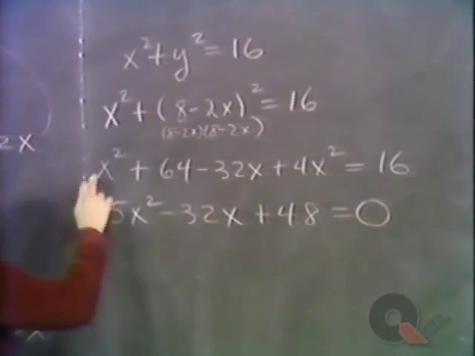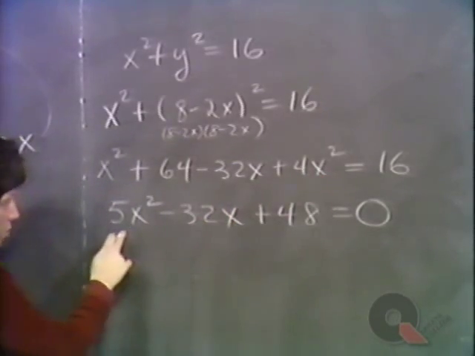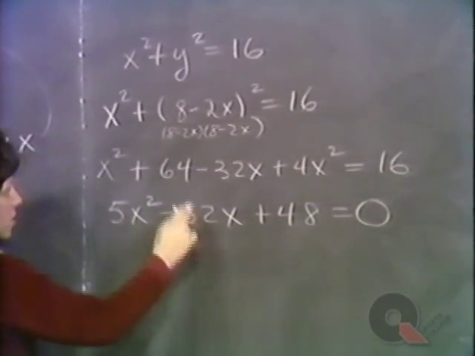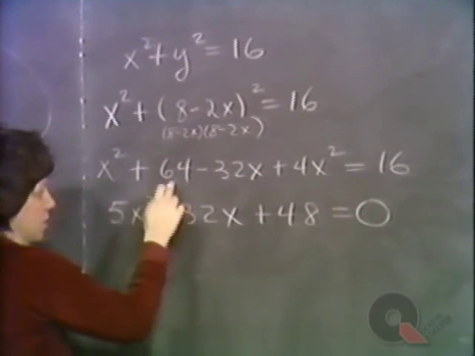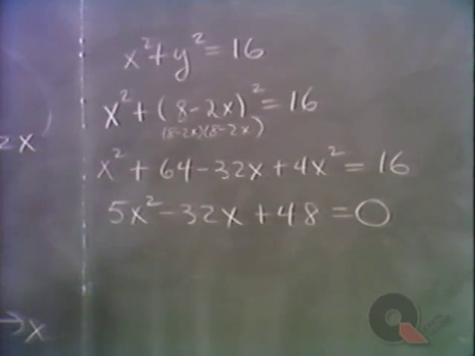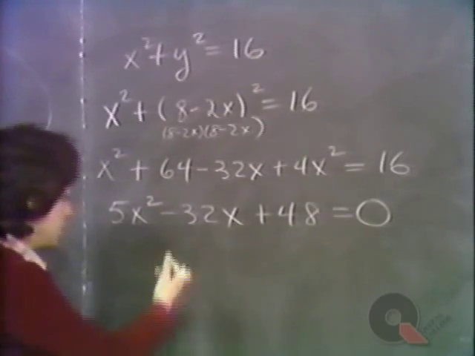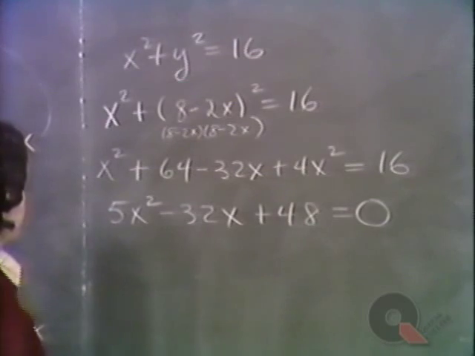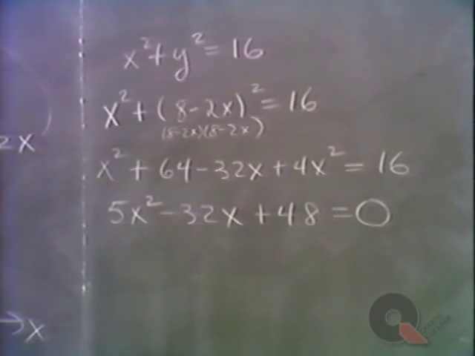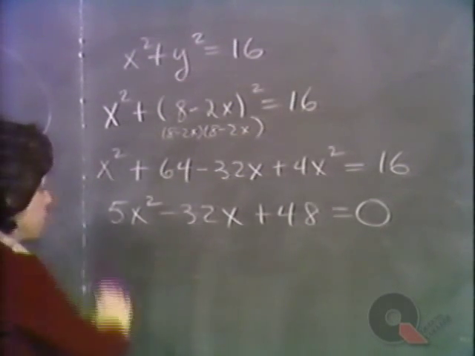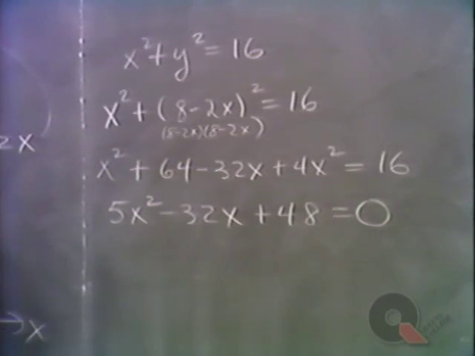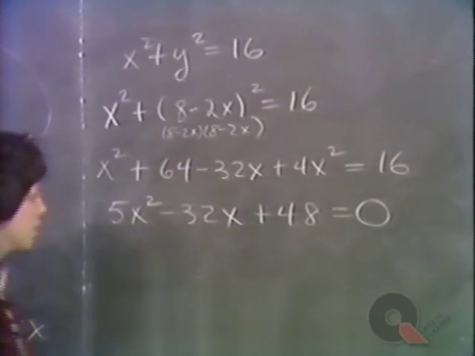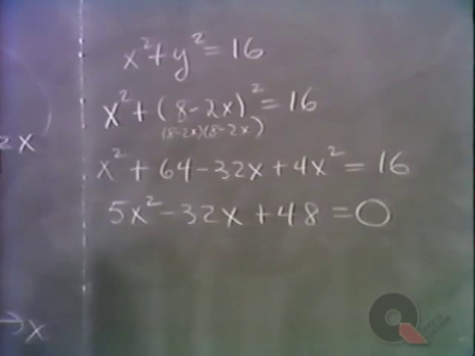So what I did here was x squared plus 4x squared, that's 5x squared, minus 32x, then subtract the 16 from the 64 to get the plus 48 over there. Okay, now we have a quadratic equation, and of course our success in this problem is directly related to our ability to solve a quadratic equation. If you are unfamiliar with methods for solving quadratic equations, we do have a videotape for you to look at. Assuming you do remember factoring,